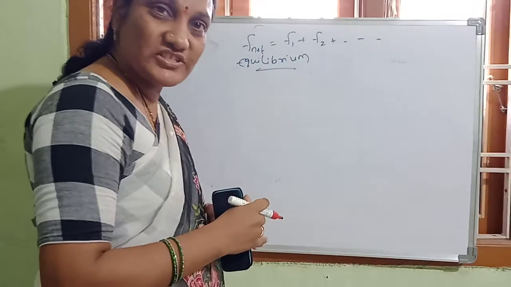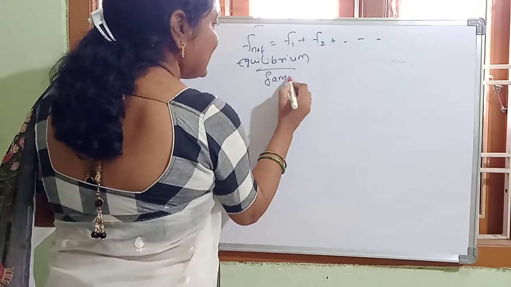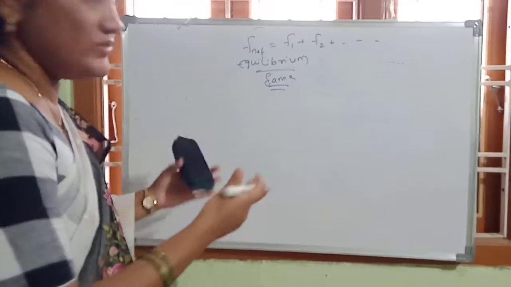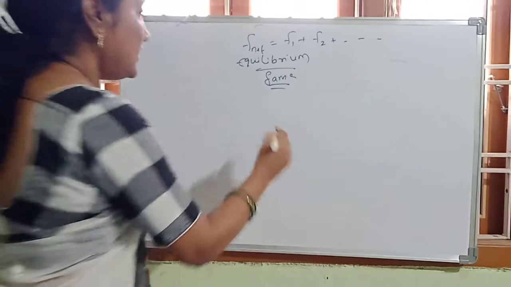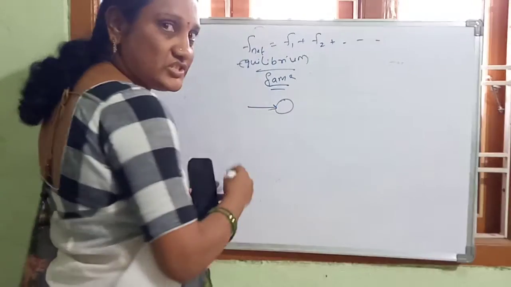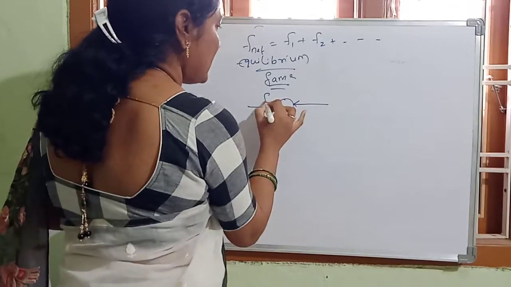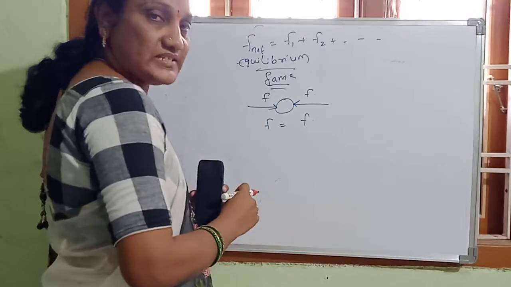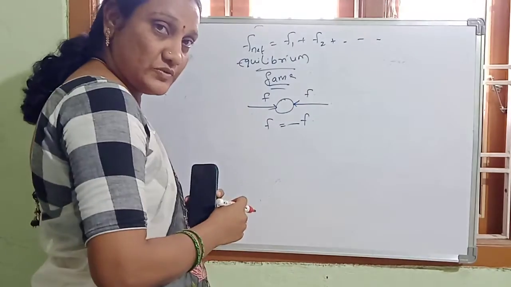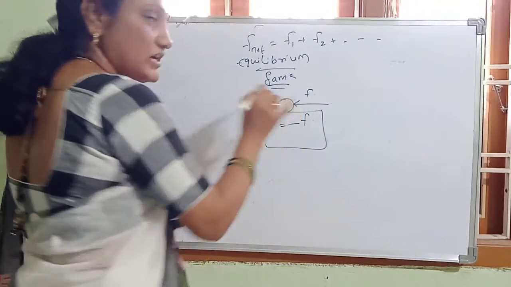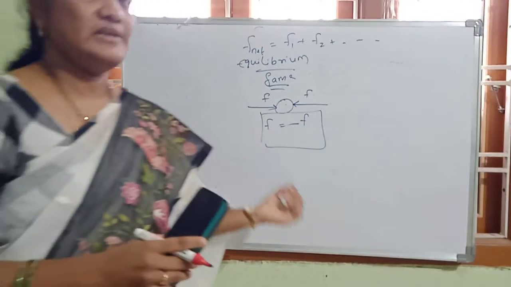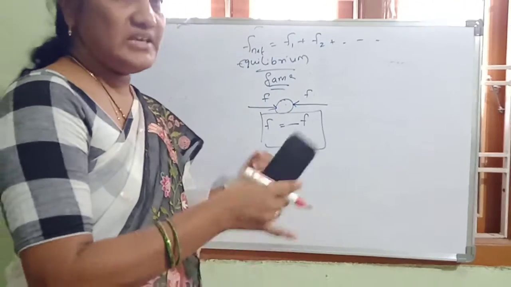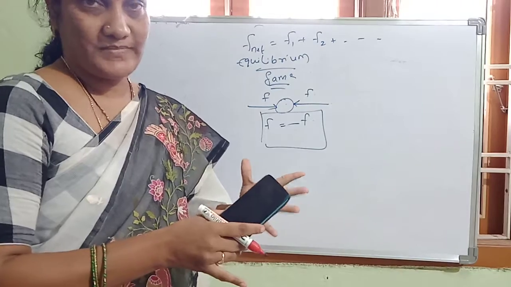When will we get the equilibrium state? Equilibrium means what? Same state. Until the body is in motion, we will not find any equilibrium state. Here, on a body, this is the external applied force and this is the force applied in the opposite direction. If both forces are of the same magnitude and opposite to each other, then the body comes to rest. Then we say that as both forces are of the same magnitude and opposite to each other, the body is in equilibrium. Right? Now next,